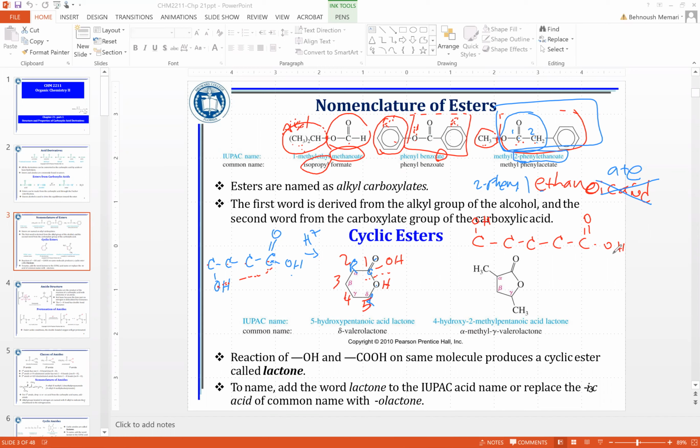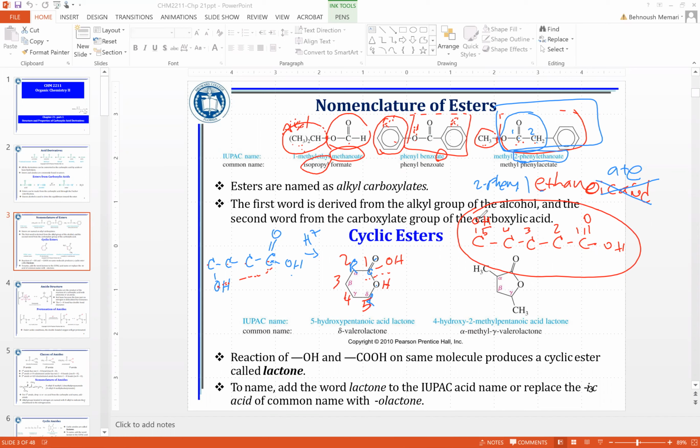So now we have to name this and add name of lactone. If you add lactone, that means that you started with this compound, but change that to cyclic ester. So you first name this compound, and to name the compound, you numbered 1, 2, 3, 4, 5, and then